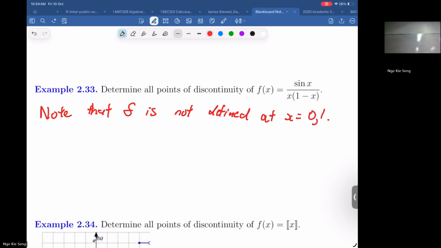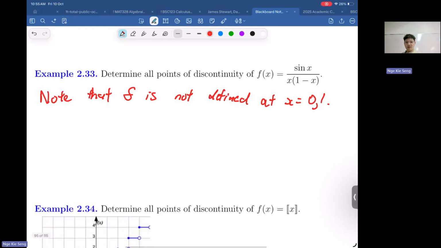Okay. 1 over 1 minus x is also continuous away from 1. So altogether, for a not equal to 0 or 1,